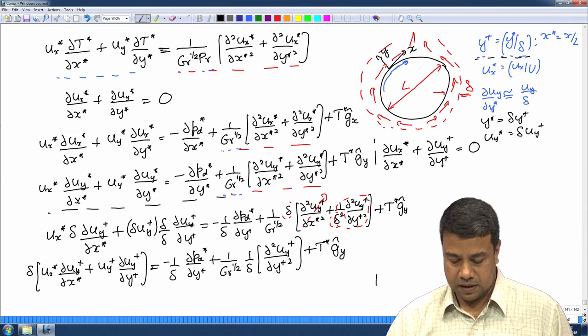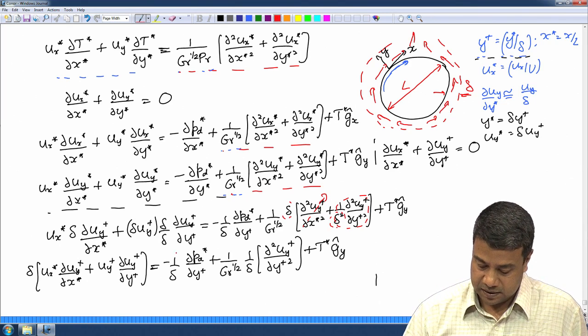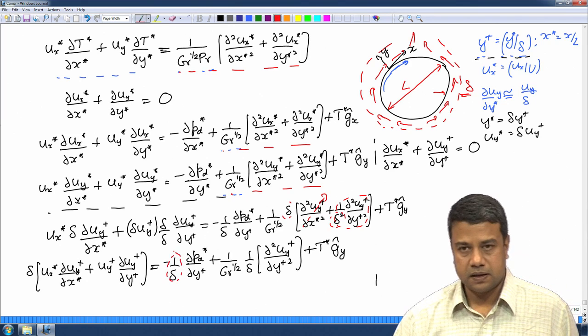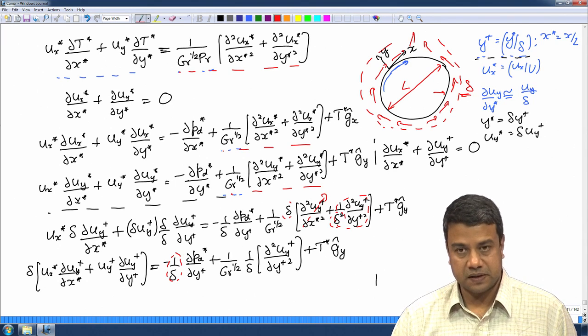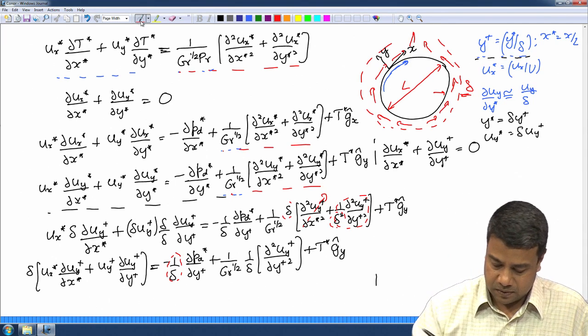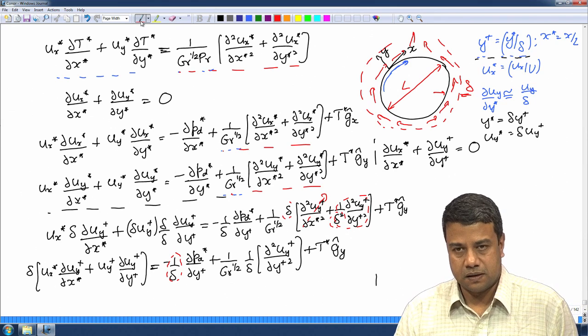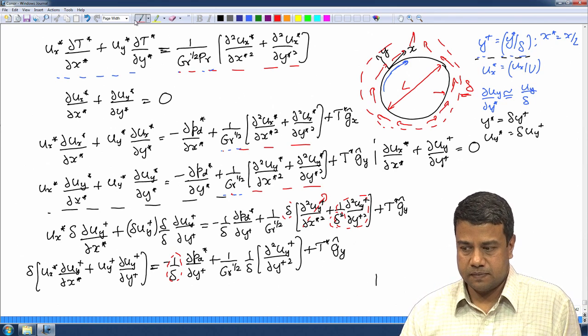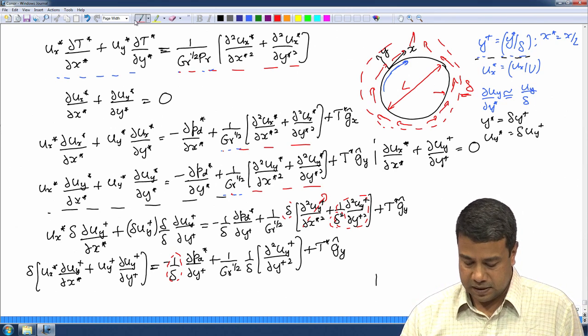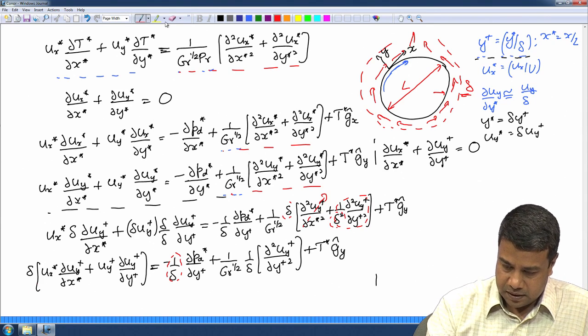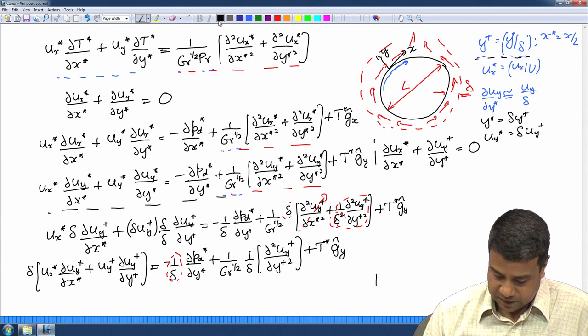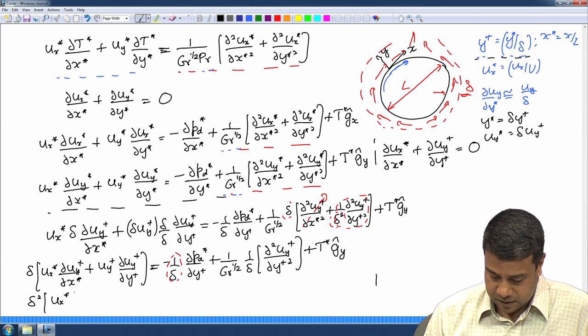Now the largest term in this case is actually this term here. The largest term in this case is the pressure gradient. I can divide throughout by the coefficient of this term, multiply throughout by delta. And I will get delta square into ux star partial uy plus by partial x star